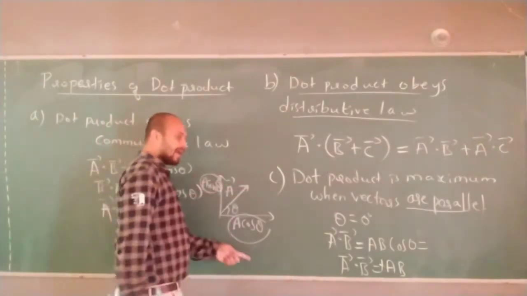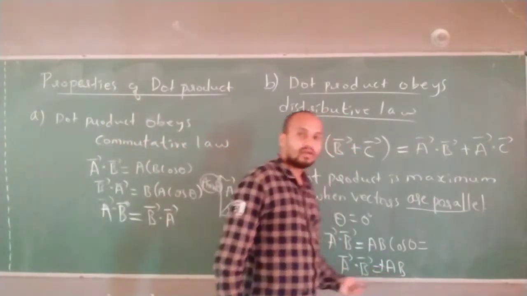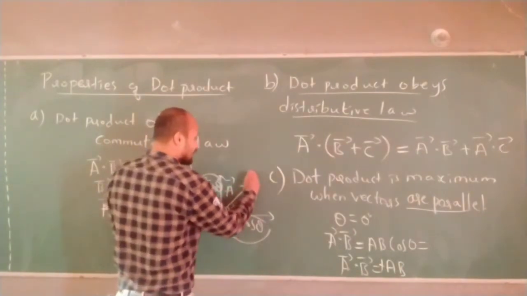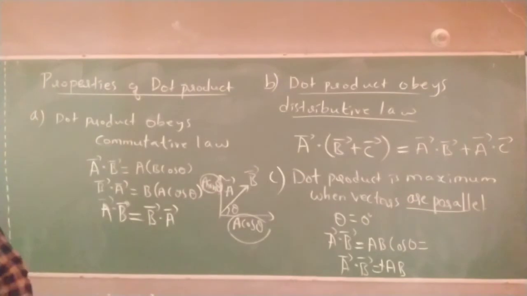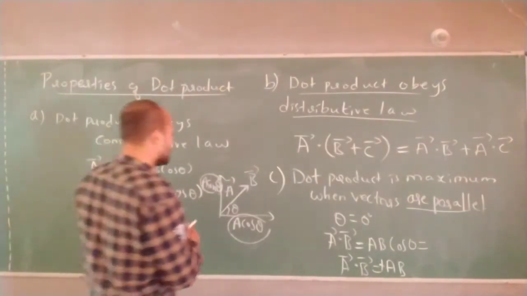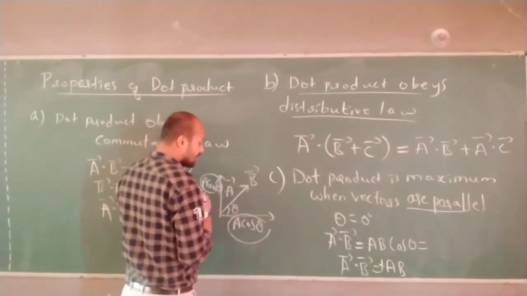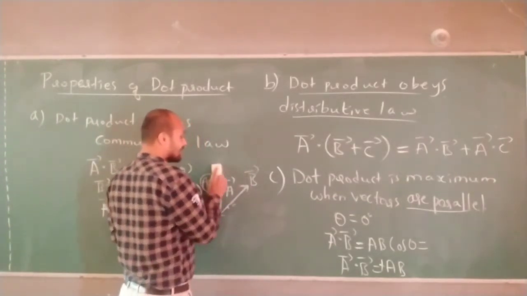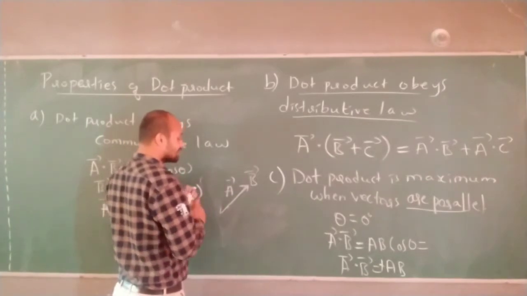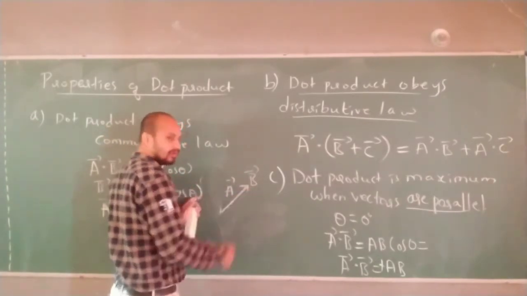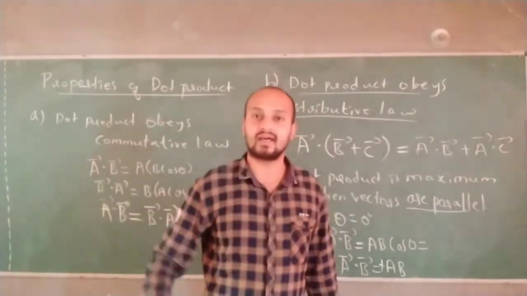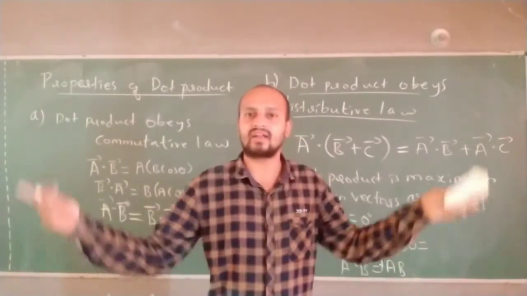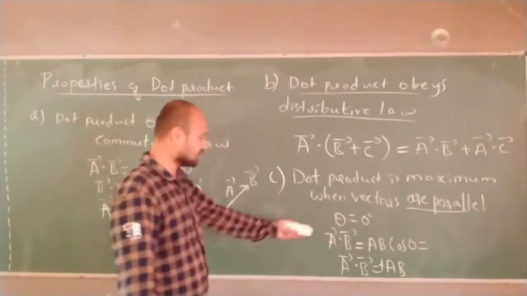When I multiply two vectors directly, that is the maximum value I am going to get. I am not taking any component; I am multiplying vector A and B. Imagine both are parallel in the same direction, with theta between them 0. I am multiplying the two vectors directly, not a component of one to another, so that is the maximum value.